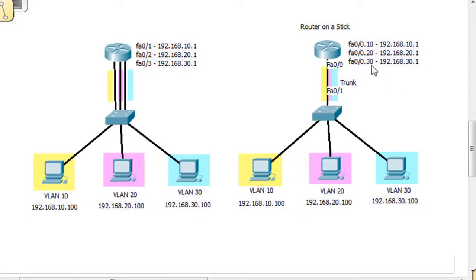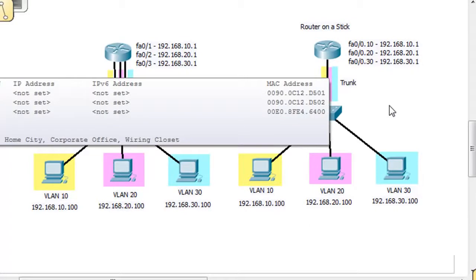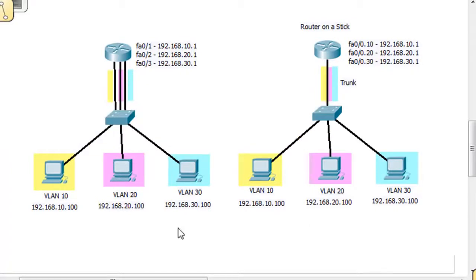So you can see here I put FA0/0.10, so that's sub-interface 10, and FA0/0 sub-interface 20, and FA0/0 sub-interface 30, and on each one of these sub-interfaces you can have an IP address. So he can be 10.1, 20.1, and 30.1, all on the same interface. Now this idea of sub-interfaces, you can actually even do this on your own computer. A lot of people don't realize that you can create sub-interfaces just on your own NIC, your Ethernet port,